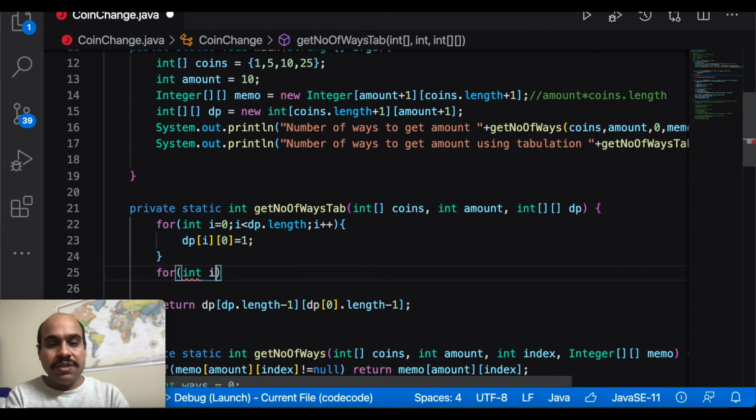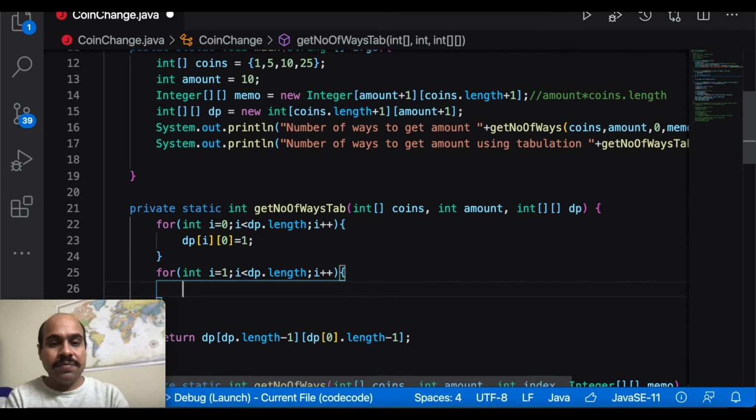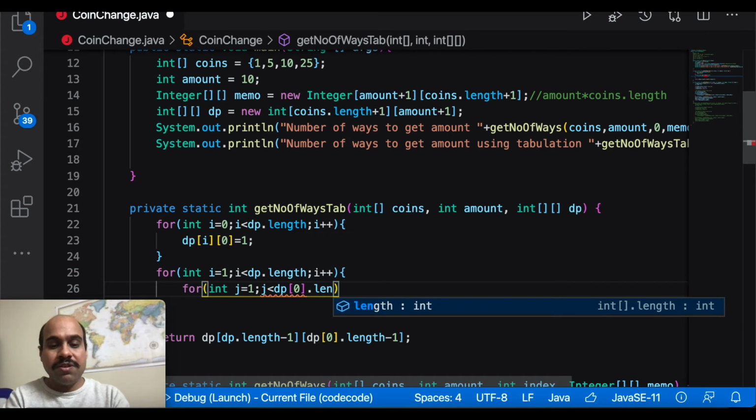So let me loop int i equals 1, i less than dp dot length, then i plus plus, then again j loop int j equals 1, j less than dp of 0 dot length, which will tell us the number of column length, j plus plus.